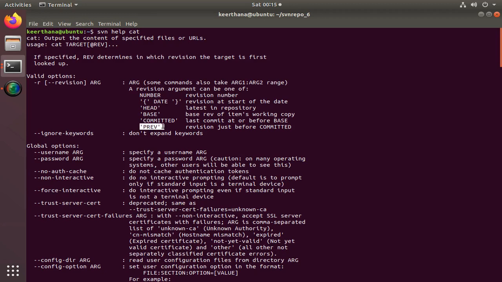Suppose you downloaded the 6th version, if you want the previous version, you can use PREV. And then you can explore the different revisions and options that are there.